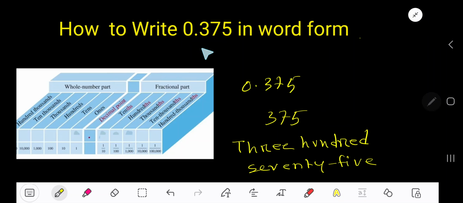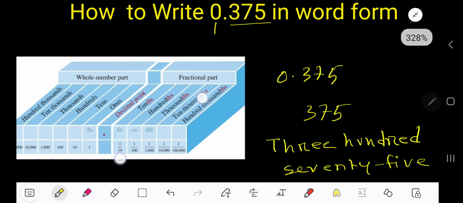How to write 0.375 in word form. Look, this is a decimal number. The whole number part is 0 and the fractional part is this. So